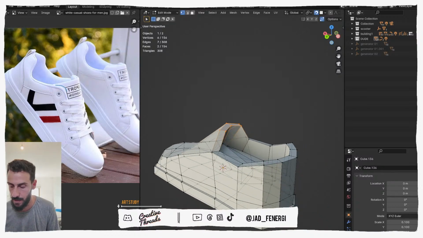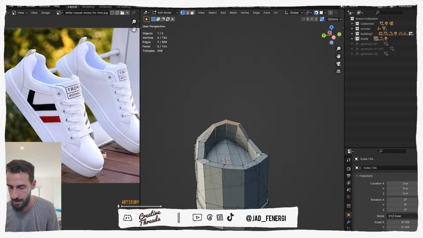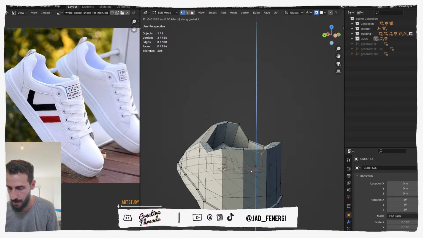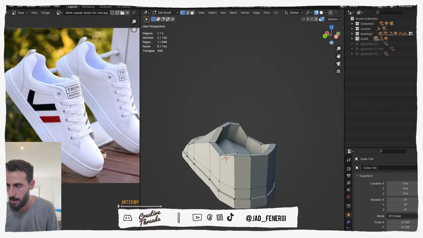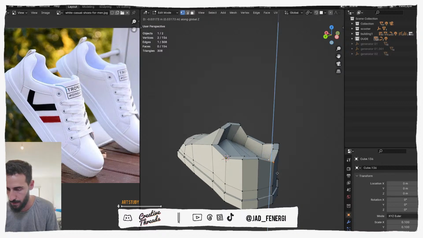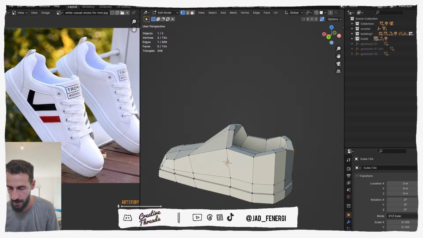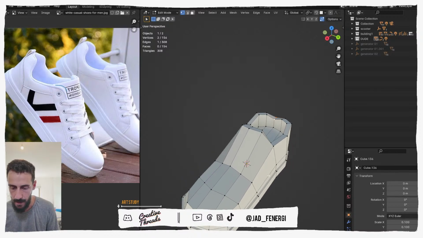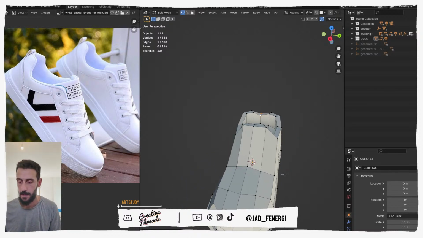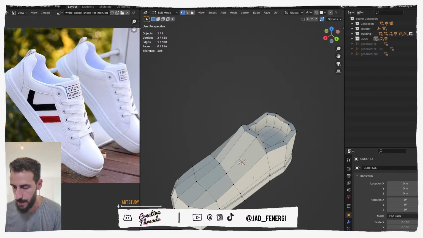That's because our main character is kind of like a big guy, so I don't want the feet to look so weird, so I just try to. Alright, so our snapping is still on. We need to turn it off because it's affecting the things. So now what we need to do is,